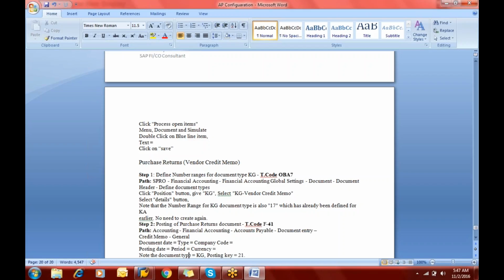Now this KG document type has the serial number 17. The same serial number we have already maintained for the transfer of advance amount from the special GL to normal GL. So at that point we used